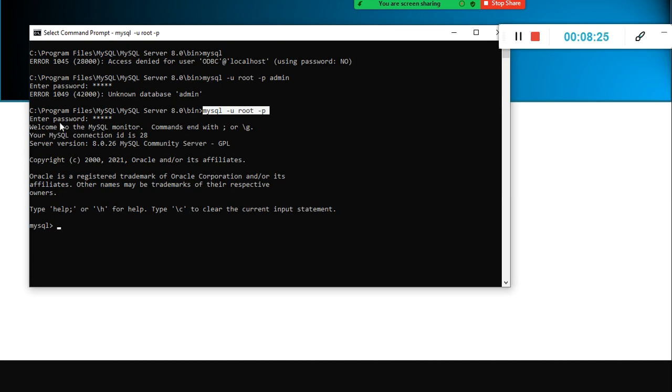Press enter. When you press enter, it will ask for a password. I guess all of you must have used admin, right? I strictly informed you all to use the password as admin. If you give admin, or whatever password you remember, then it should connect. If you had given a different password and don't remember it, you have to reinstall it. That's all. That's why I suggest you strictly follow whatever I say. After you learn, you can try it a different way.